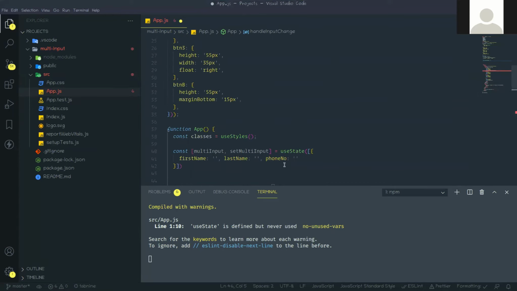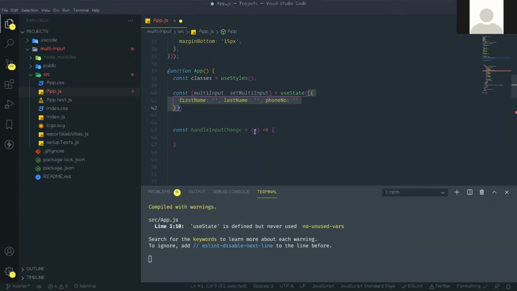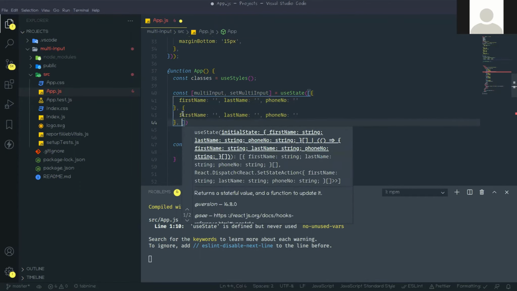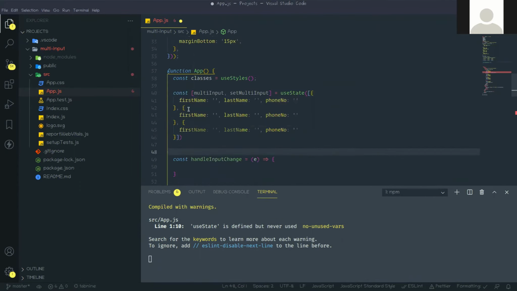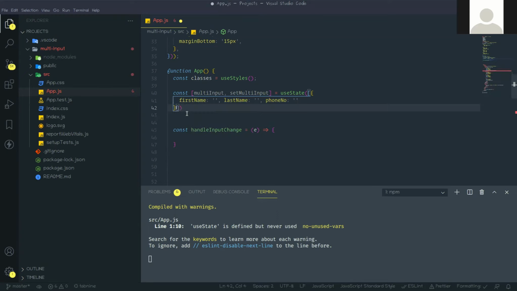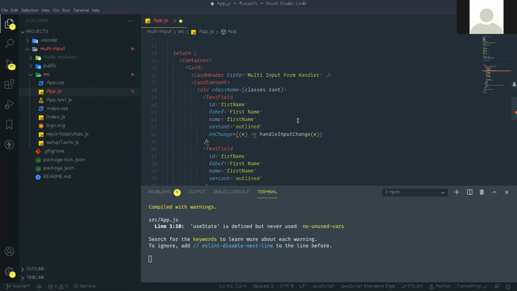Now this array will take two inputs. So this is the one input, this JSON object. Now this will be another, so that means here three input boxes are there. So for that I need to handle this multi-input array. So when someone clicks on the add input button, another JSON object will be added to that array. So for that we need to map this multi-input here.